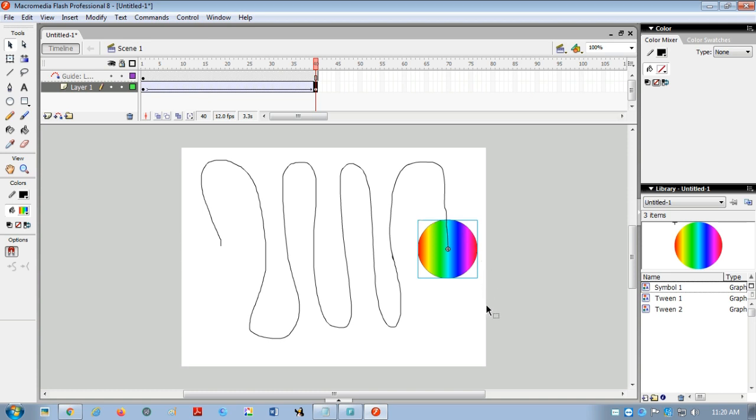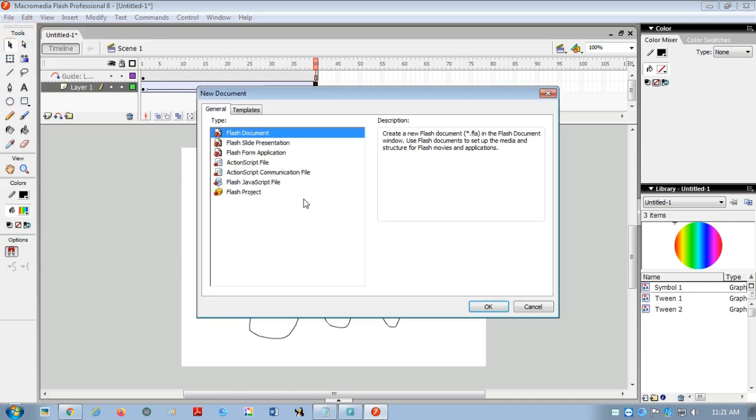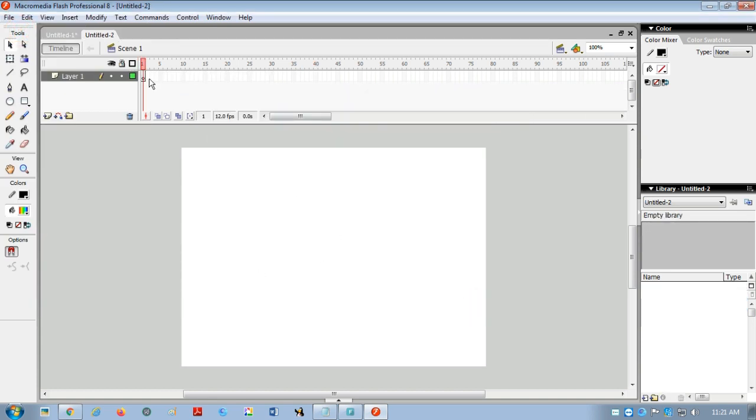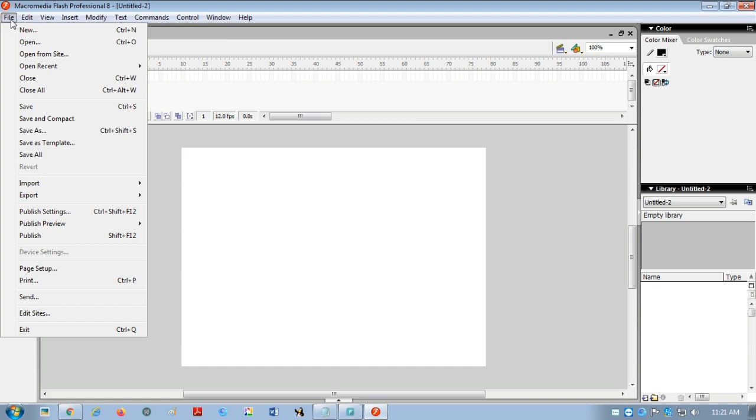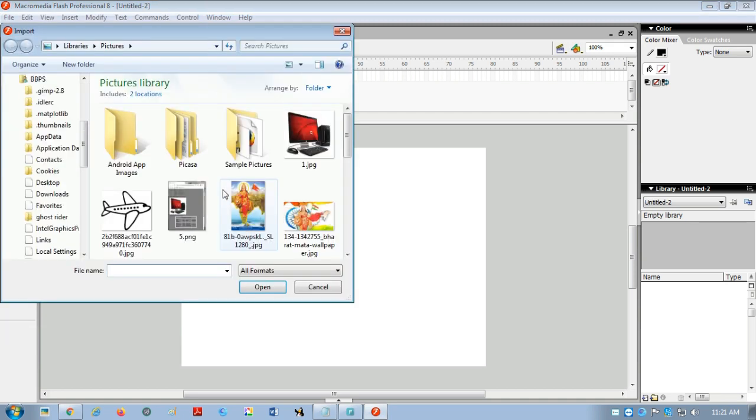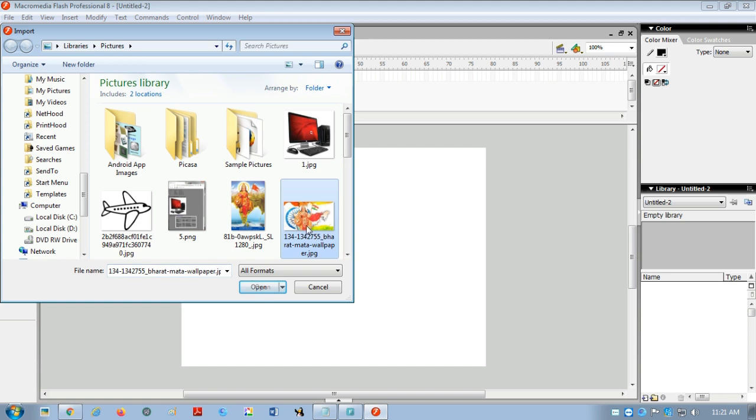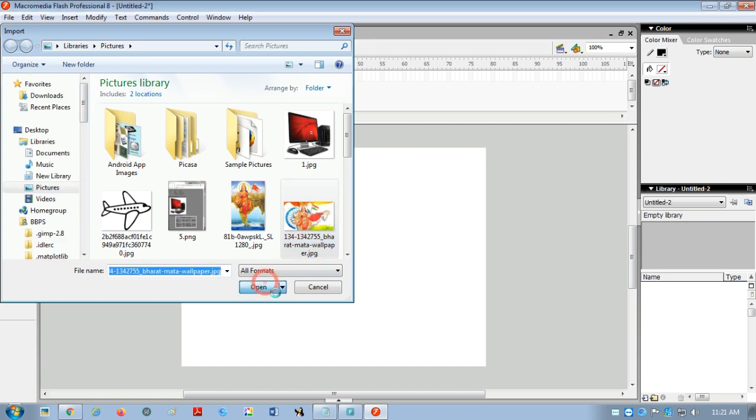The spotlight effect, that is called the mask effect. Just go to the File option, New. I am creating a new blank document and adding an image to it. Go to File, Import to Stage. If you want to import any image, this is the way. Let me select any picture, say this one.